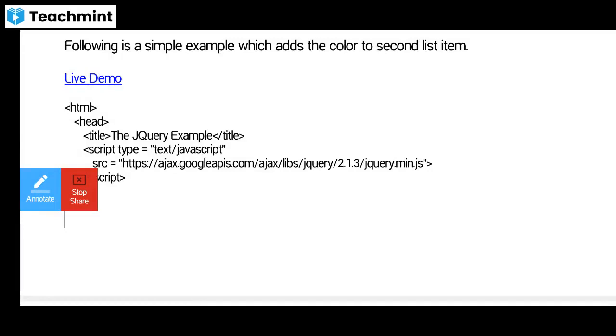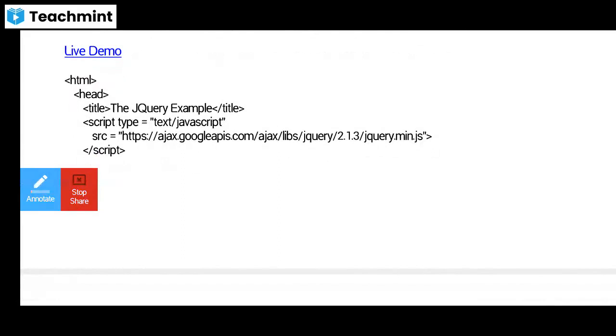Next, the script type equals text/javascript, and source equal to http://ajax.googleapis.com/ajax/libs/jquery/jquery.min.js.